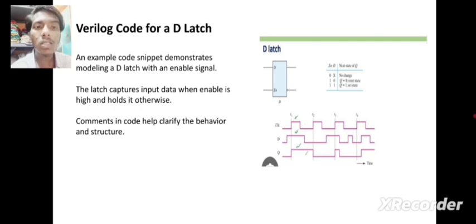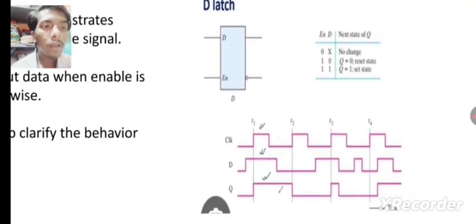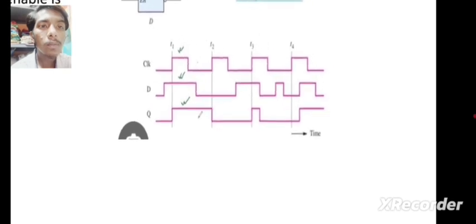The latch captures input data when enable is high and holds it otherwise. So the comments in the code help clarify the behavior and understanding. So here is the waveform of the D latch. You can observe